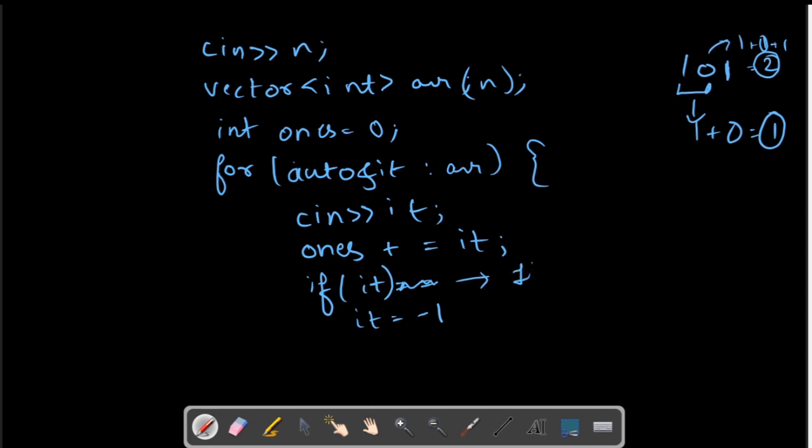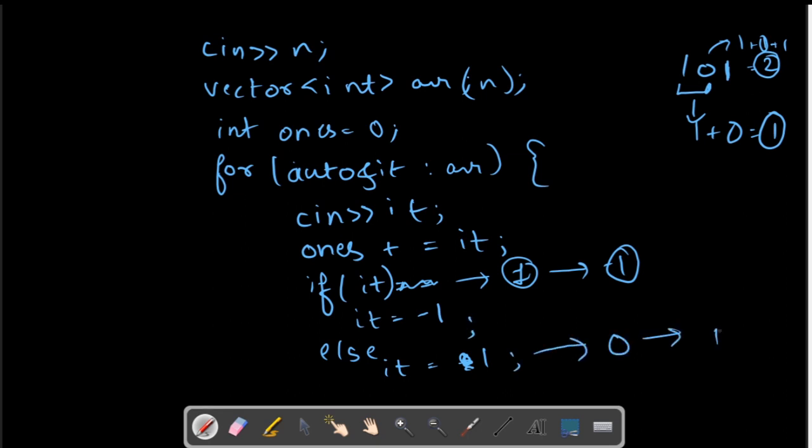That means it is 1 and we are converting it into minus 1. And else we can make it equal to plus 1, or simply 1, right? So this is the case of 0 where we are converting it to plus 1. So now we have done that.